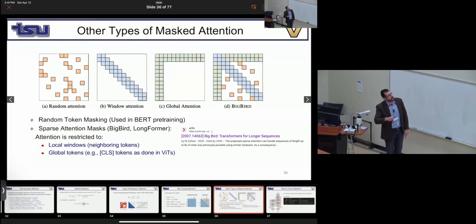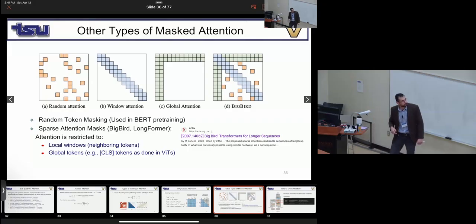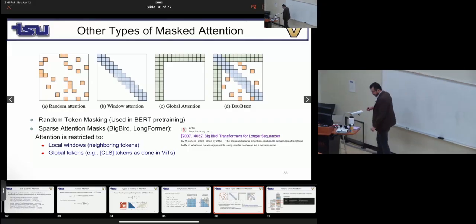And then there are other types of things like global attention, and the combination of these is used in many recent large foundational models. Like Big Bird, which came in 2020, is using a combination of these three. Okay, so